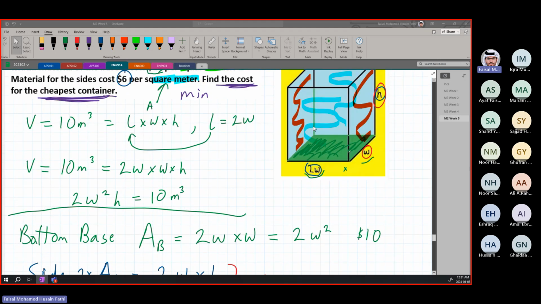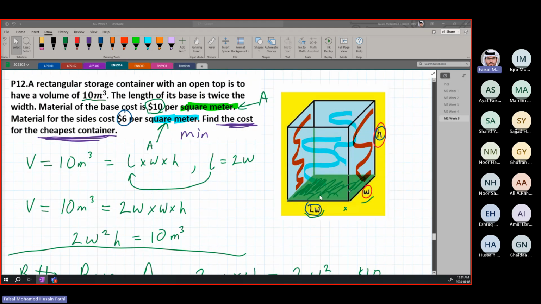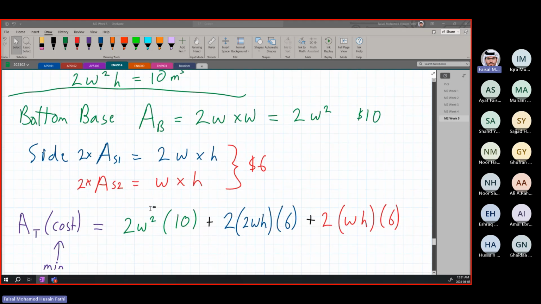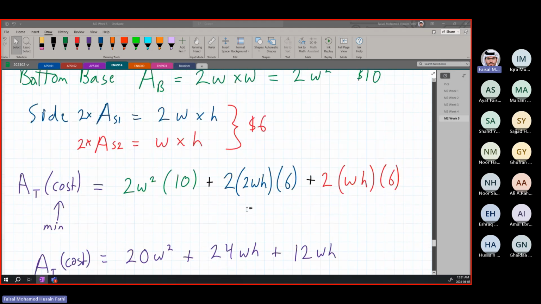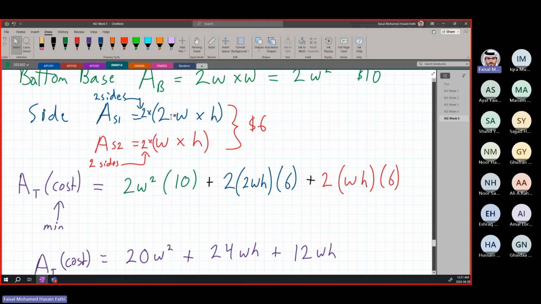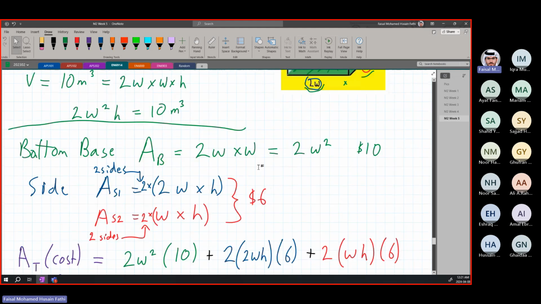However, we have 2 of each side: 2 red lines here, and 2 blue lines. Then we have 4 total sides. So we're going to have to multiply these areas by 2 when we come to the calculation part. So instead of writing it like this, I should be writing it over here, and we are multiplying by 2 because we have 2 sides. And that is why we're multiplying by 2. So when we come to the cost, now we need to figure out